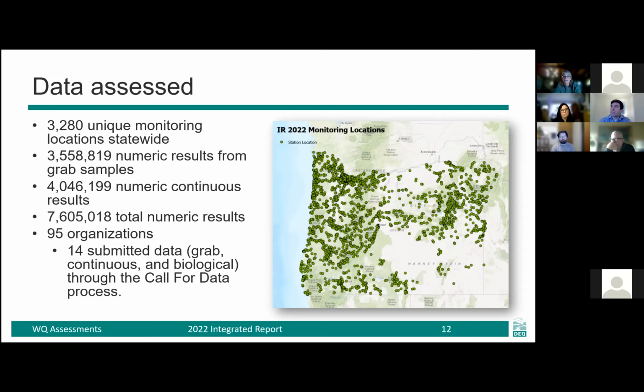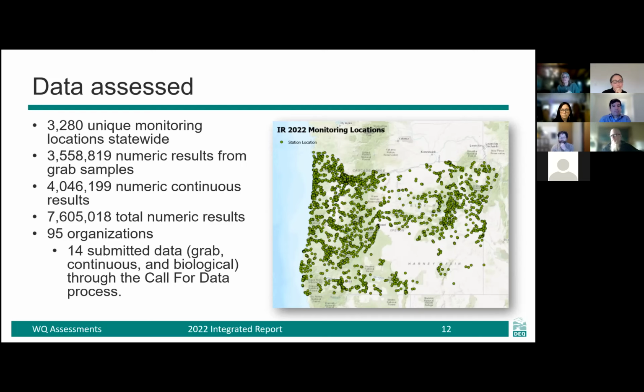This map shows we assessed over 3,200 unique monitoring stations statewide, with over 3.5 million numeric results from grab samples and 4 million continuous results, which resulted in over 7.5 million numeric results of data that we assessed. The data that was assessed represents approximately 17% of the water statewide.